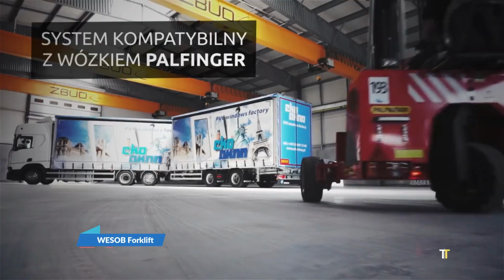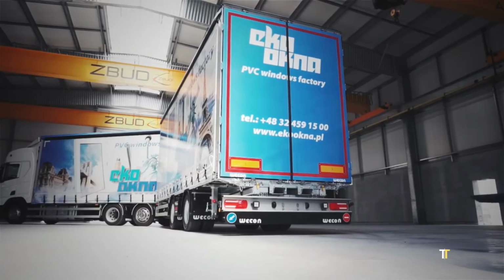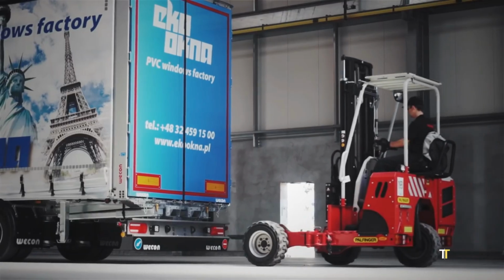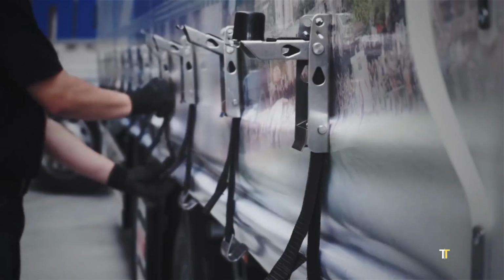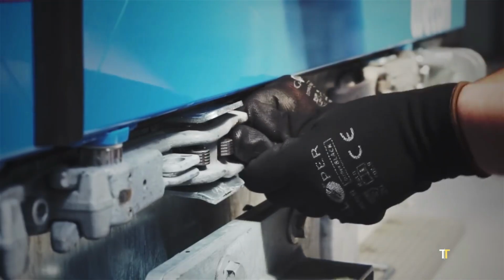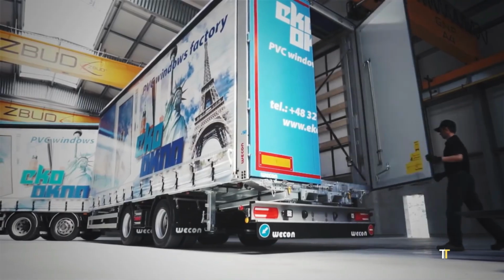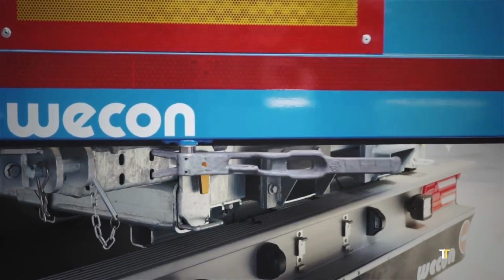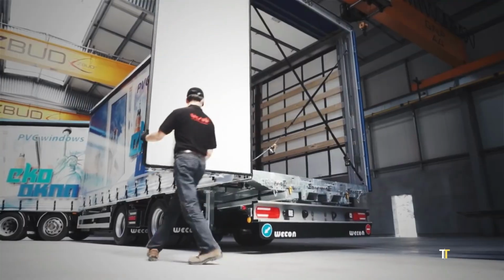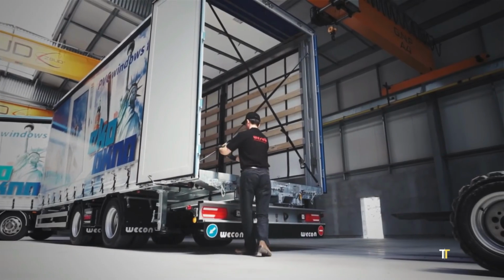The Wezab forklift is a heavy-duty lifting solution designed for warehouses, construction sites, and logistics hubs. Engineered with advanced hydraulics and precision controls, it ensures efficient cargo handling and maximum safety. Known for durability and versatility, Wezab forklifts adapt to diverse industries, handling everything from pallets to oversized loads. With ergonomic design and fuel-efficient technology, it offers both operator comfort and cost savings, setting a new standard in material